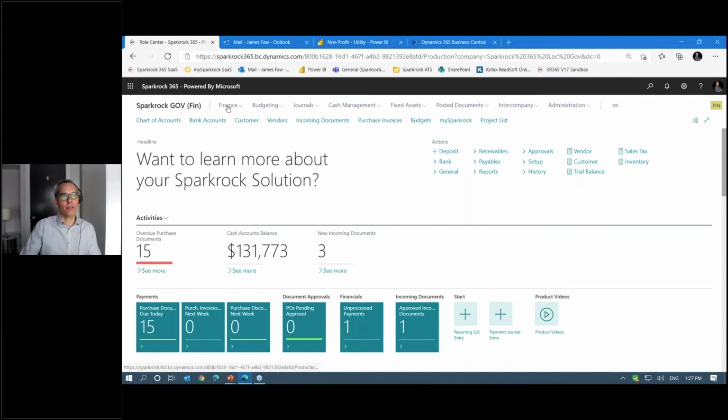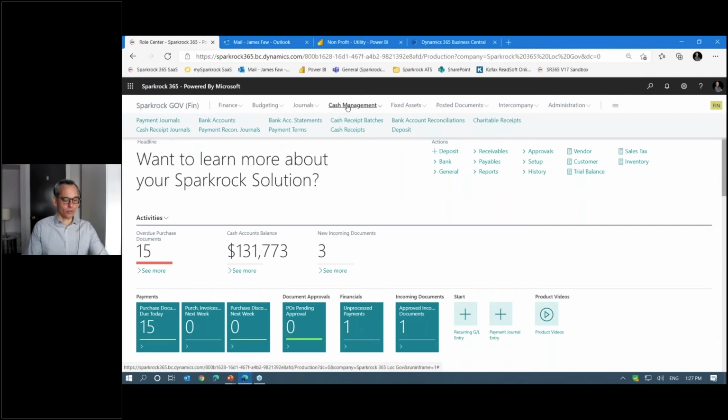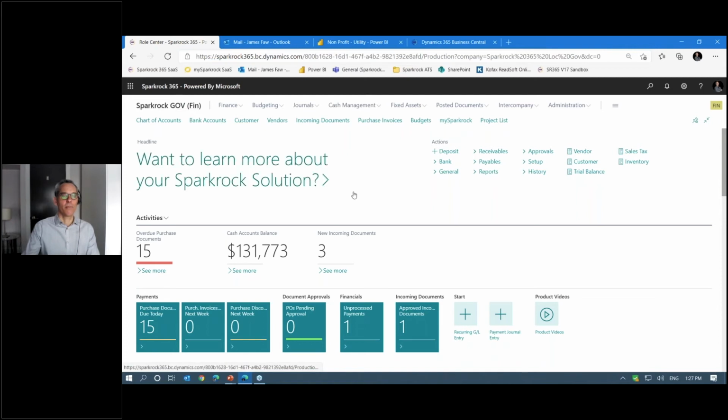And then the way that I navigate through the application, so if I want to go through budgeting, journals, all of those sorts of things, is done in a way that is very similar to other Microsoft applications. So in terms of empowering efficiencies, our experience is that users, as they're ramping up on the solution, if they've had any exposure to any Microsoft application, even Excel and Word or Outlook, they can apply a lot of the knowledge in terms of navigation and getting around and basic principles for the interface for the system. They can apply that knowledge and ramp up very quickly in the solution. So again, that's another advantage of empowering efficiencies.